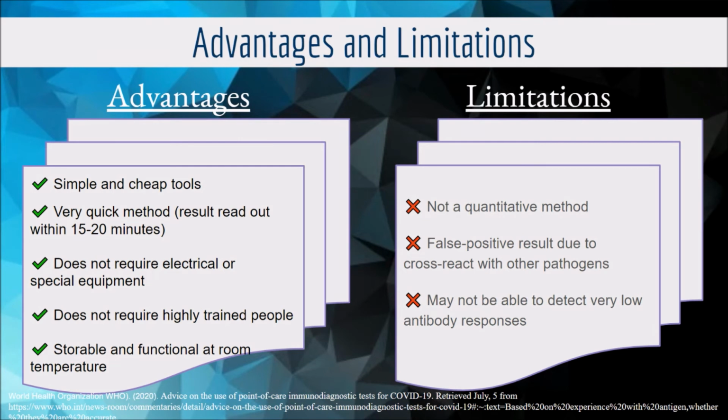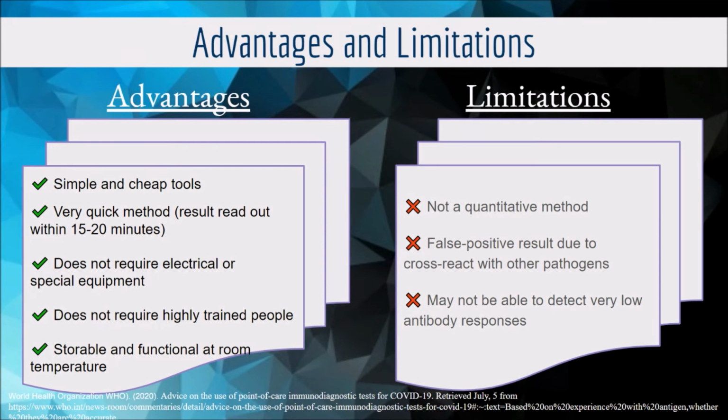Next, for the limitations of rapid diagnostic tests, the first limitation is we cannot get exact statistical data as RDT is not a quantitative method. A quantitative method is more precise as we can generalize to the whole sample population and it helps with decision making. The second limitation for RDT is it can cross-react with other antigen viruses besides COVID-19 viruses,